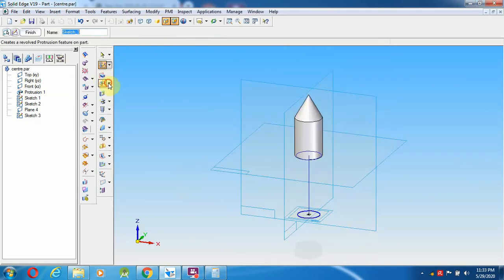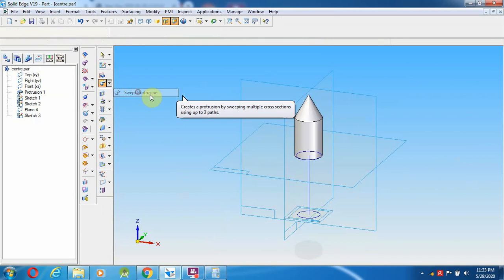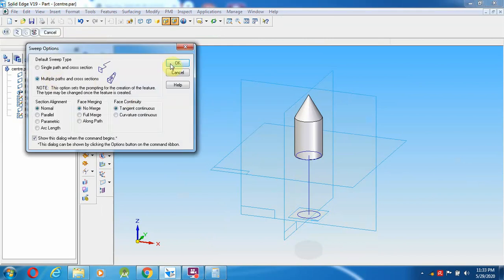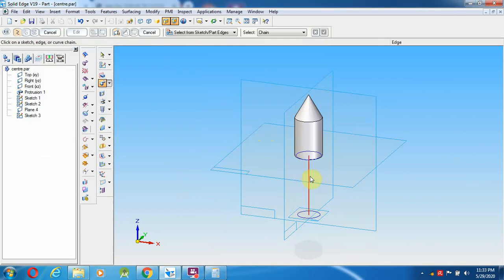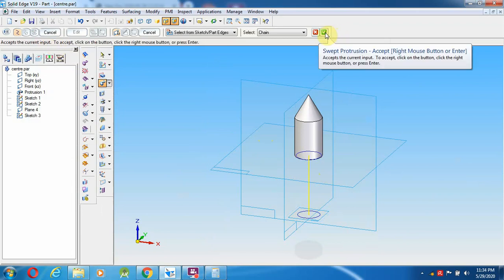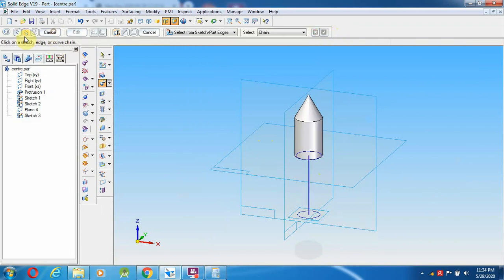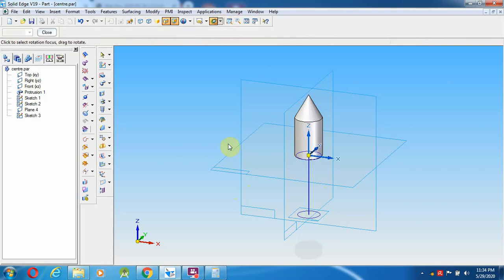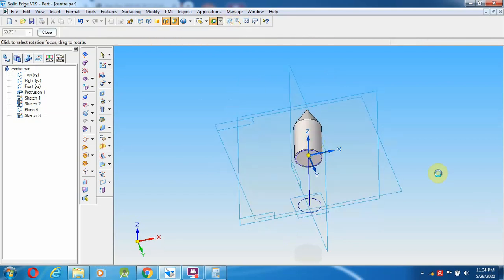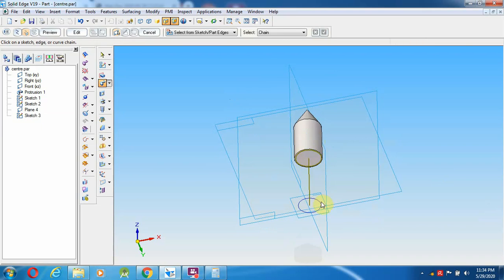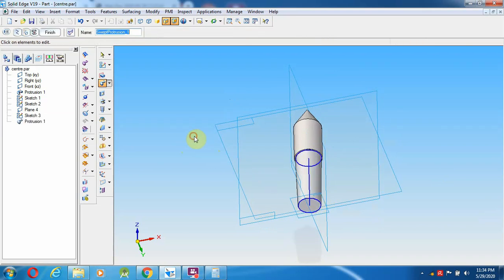Now go to the swept protrusion, select multiple paths. Okay, first I am going to select the guideline and give OK. Then next you have to select the profiles. You can rotate, and exactly select this blue line, as well as this, left and right click.